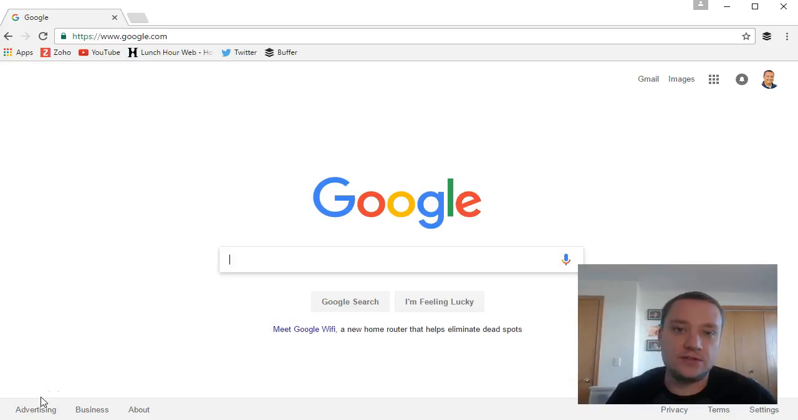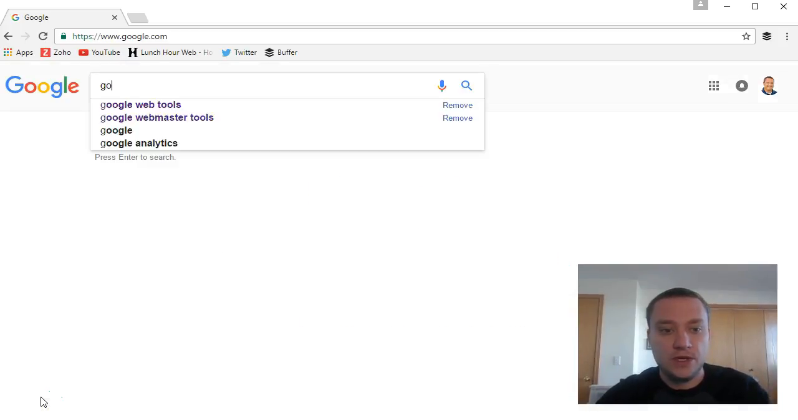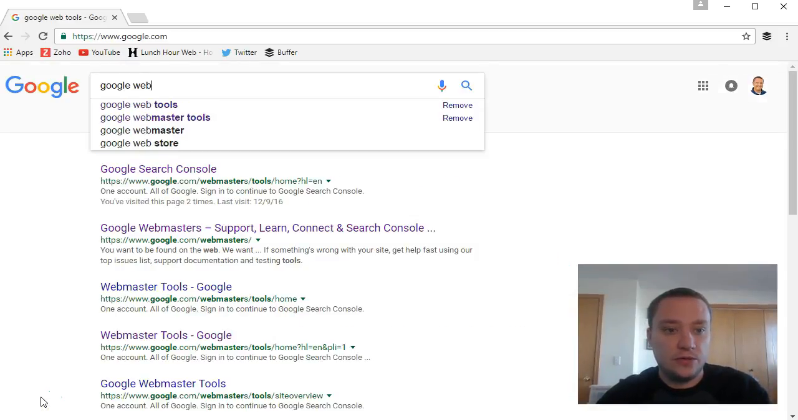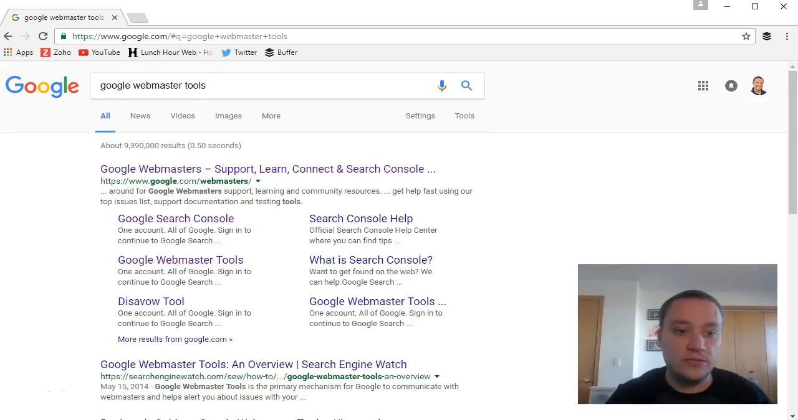The first thing you need to do is just bring up your web browser and go to google.com. That is the king of all search engines. I'm sure you can find on Bing or Yahoo other search engines, but, well, we're going to be using Google's tool. So let's get started. All you have to do is just start typing in Google Webmaster Tools, and you'll be brought up to this